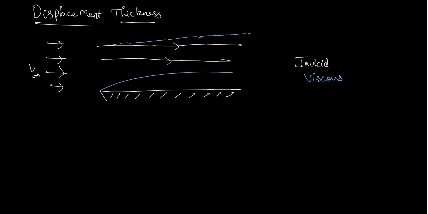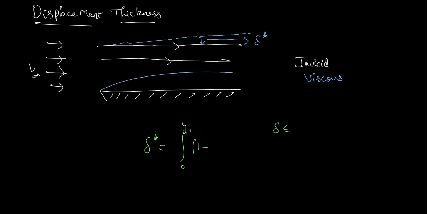This deflection, from the usual flow that would be observed if we ignore the boundary layer to the flow where we have the boundary layer, is what we call the displacement thickness. This is a very intuitive definition. So let me directly give you the expression. It is represented by delta star, because delta is already used for the boundary layer thickness. So delta star is the integral from 0 to y1,